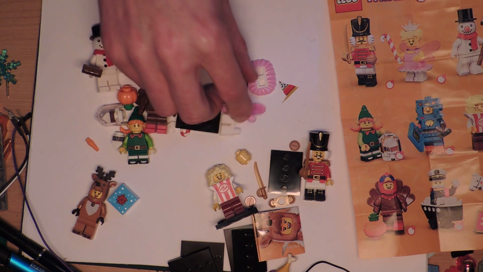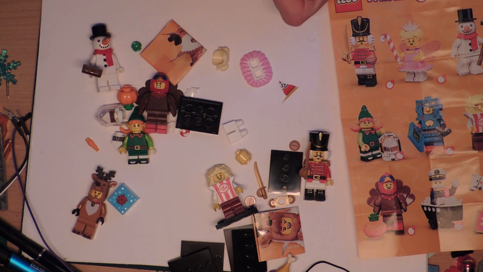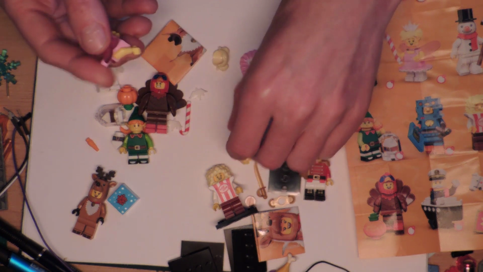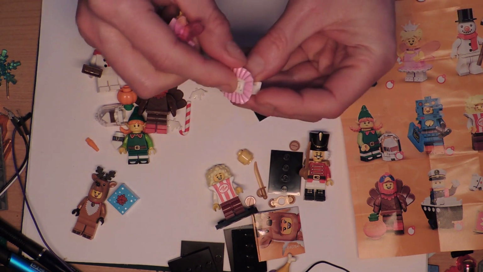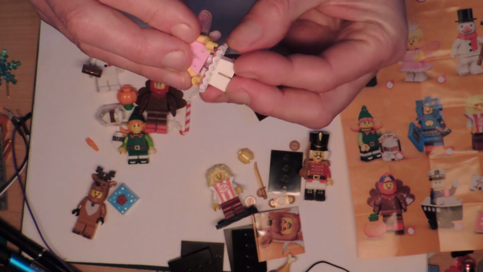So now we've got this person. Oh, she's got a lot of things to put on. A lot of accessories. So she's got that. She's lost her legs. We've got a cool little sparkly one. You can't quite see that, but it's sparkly. And this seems like a different...